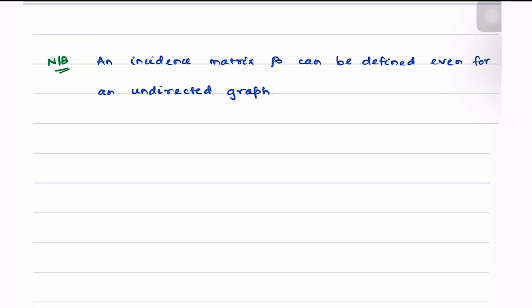So how is it possible to define the incidence matrix on an undirected graph? The answer to that is,